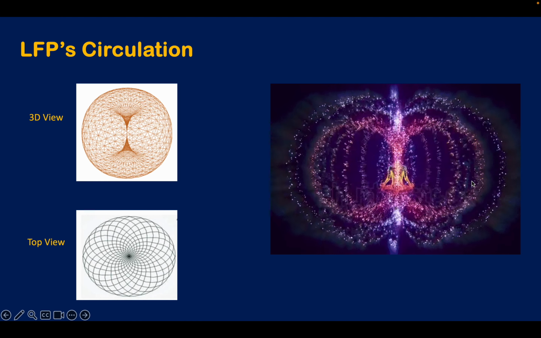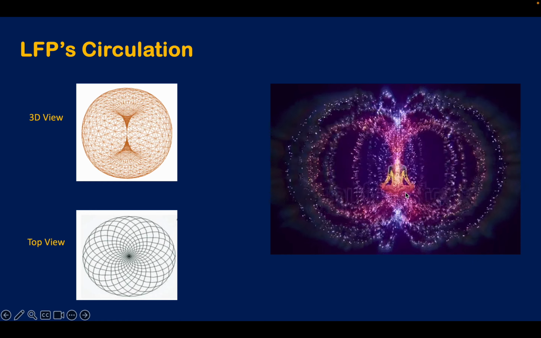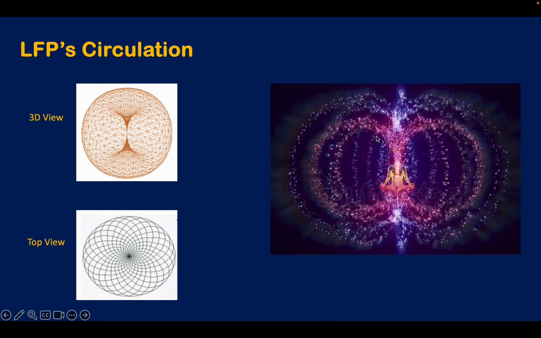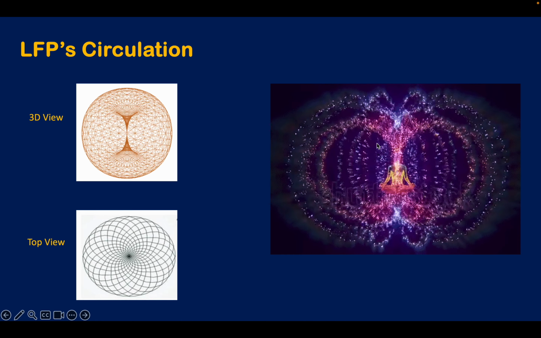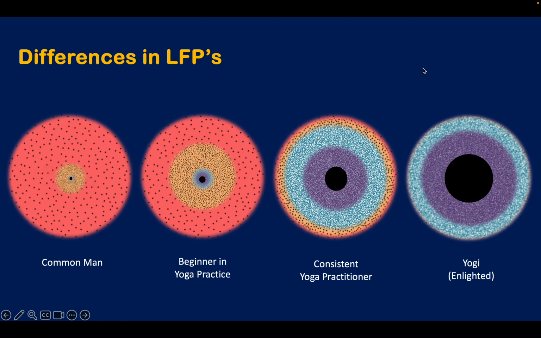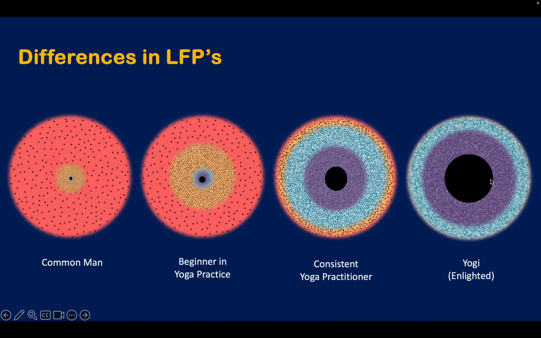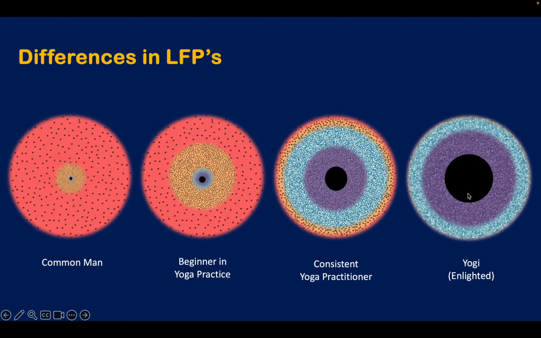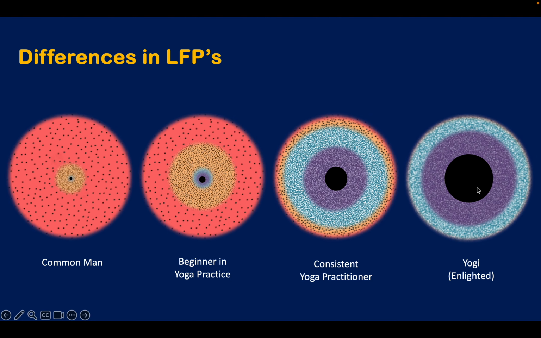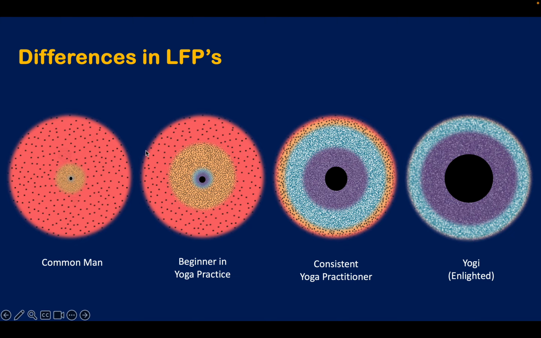So the life force particle circulating happens around a man like that. If a person has got good biomagnetism, they will be having quite strong astral body constituents. So in this, we can see that compared to a common man, how a yogi has got more of low density, low frequency, high density life force particles.